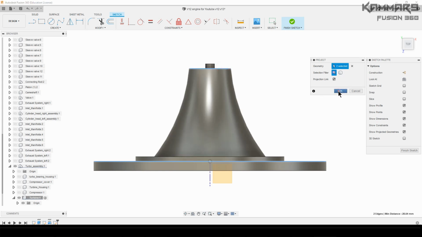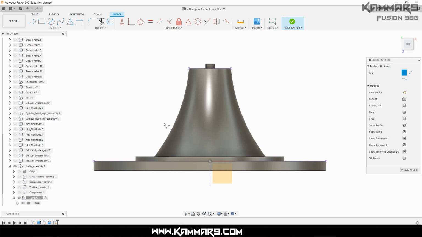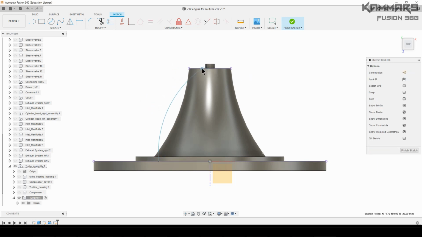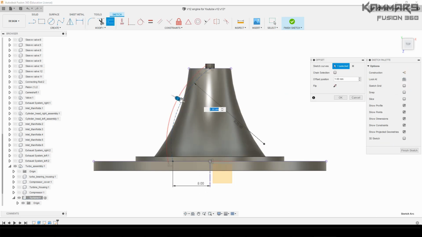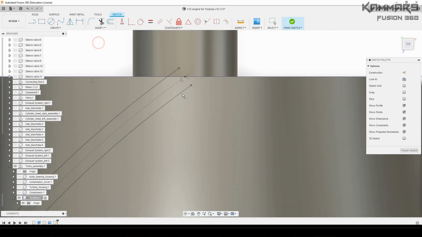For me, I will project the two of them and start a new sketch with 3-point arc. As you can see, and add some constraint. Just use an arc here. And the goal is the same thing like the compressor. I will make a profile here and save the sketch and add another sketch in other surface and add the